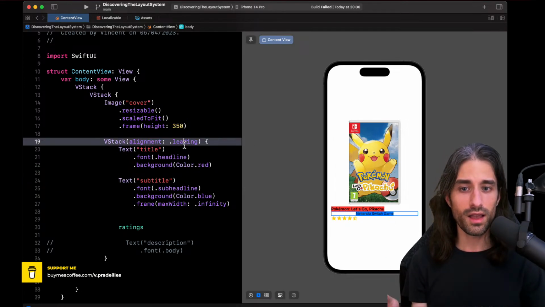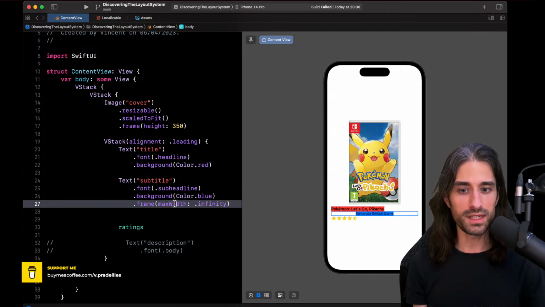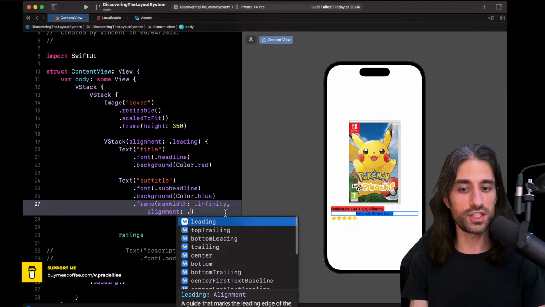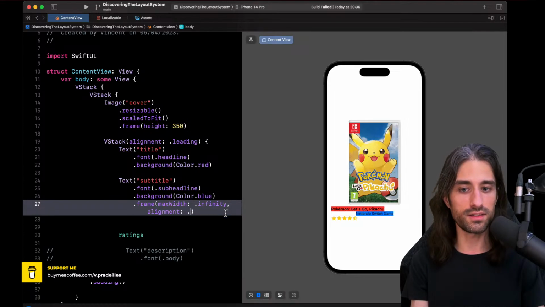The leading alignment is still applied, because the leading edges are still aligned, but inside the extra space the text is aligned on the center. But you can change this. By default it's center, but you can put leading if you want it to go all the way to the left, or trailing if you want it to go all the way to the right.